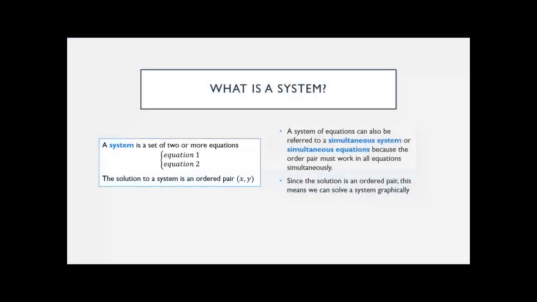Okay, so first I just want to start with vocabulary. What is a system? A system is what we refer to as two or more equations where we are solving for a single answer for all the equations, so it has to work in all of them. When you have two equations, you have an ordered pair with an answer with an x and a y. And we indicate we have a system with a curly brace surrounding the equations to tell us